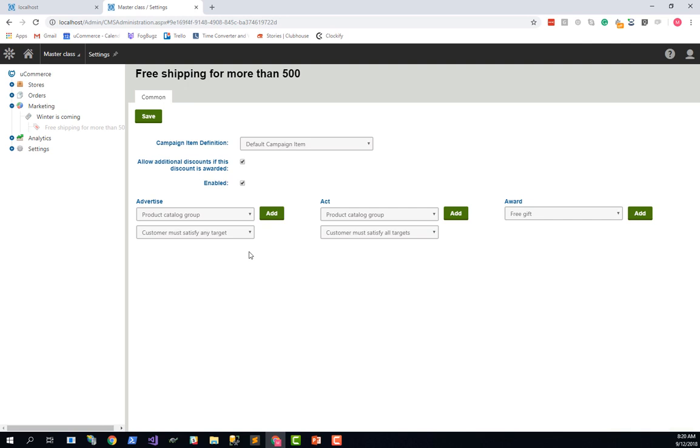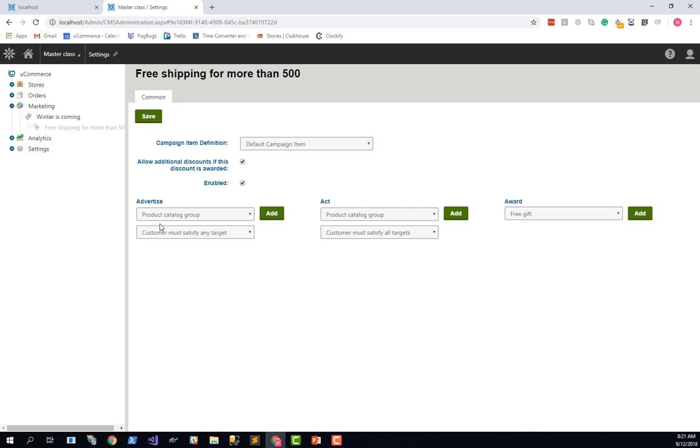So now we are ready to set up the actual campaign items, which is the journey that your customer must work through in order to be persuaded to add a product to the basket and complete the checkout flow. We have advertise. This is a way to show and hide information around your discount at certain points in your store. It works on the context. So we take advantage of that e-commerce is context driven.